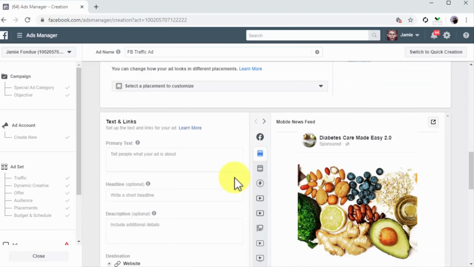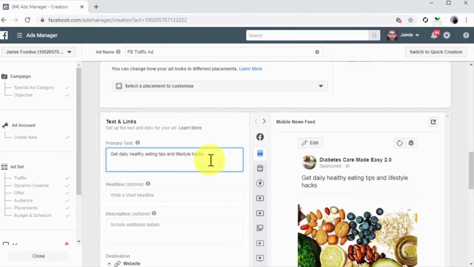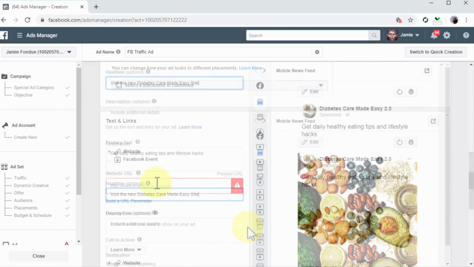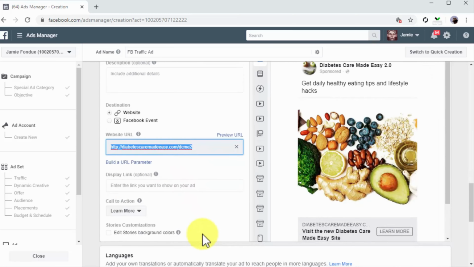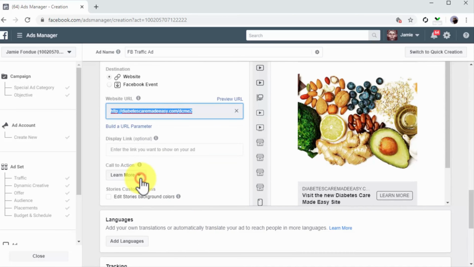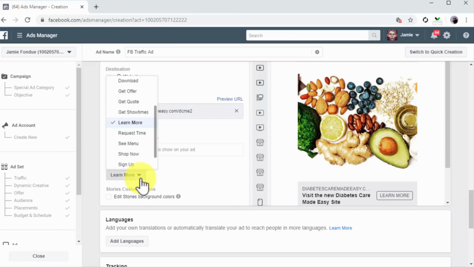Now, move to the Text and Links section. Here you're going to add your ad copy, your ad title, and your destination URLs. Start by composing your ad copy into the primary text field. Next, compose an ad headline into the headline field. Now make sure that website is selected as the destination and enter your website's or landing page URL into the website URL field. Now, click on the Call to Action menu button and select a Call to Action button to